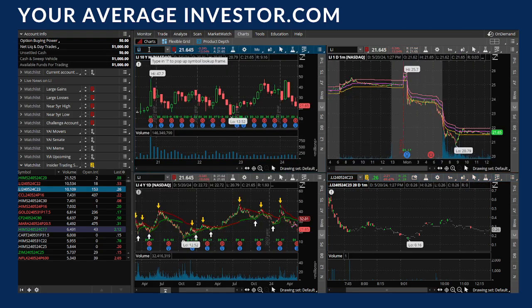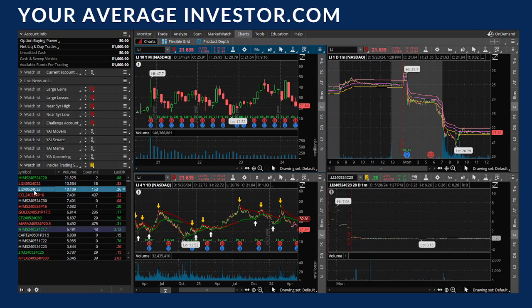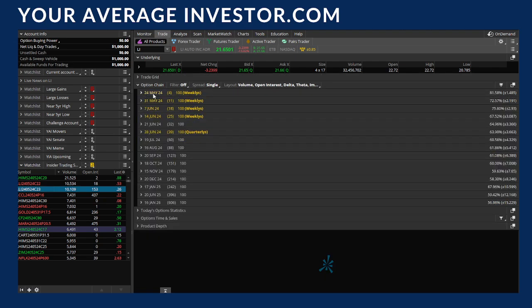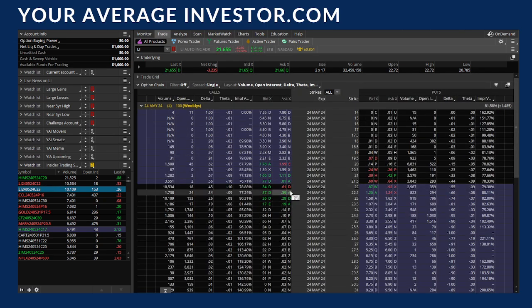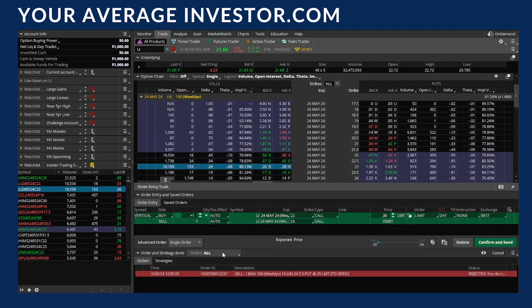So there's two ways that this could have gone down. And it looks like LI just had earnings today. So somebody could have said, you know what? I'm going to enter a bullish position. And to enter a bullish position, what they would have done is they would have purchased these call 22s. And they would have sold these call 23s. And what that would have looked like, let's just go here. Let's see, these expire 5/24. So they would have bought the 22s and sold the 23s, and that would have looked something like this,